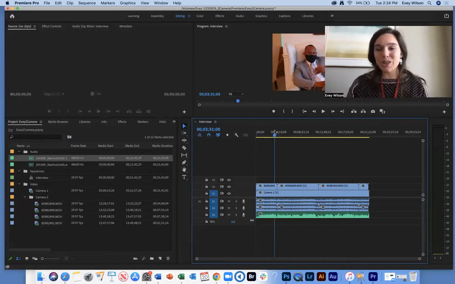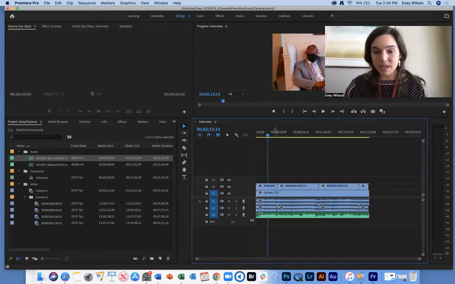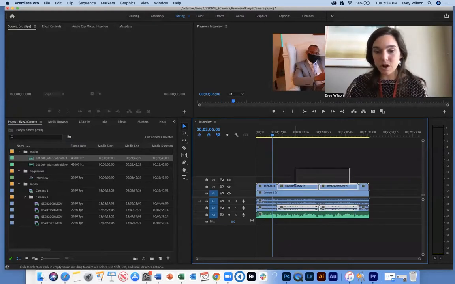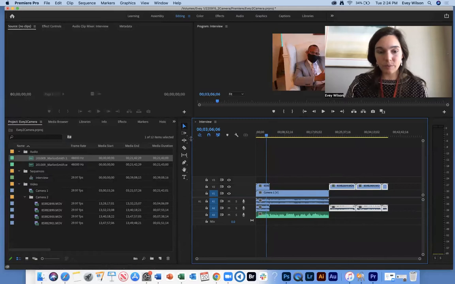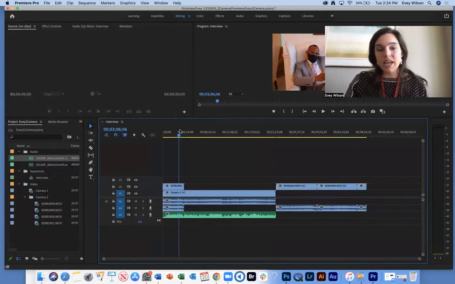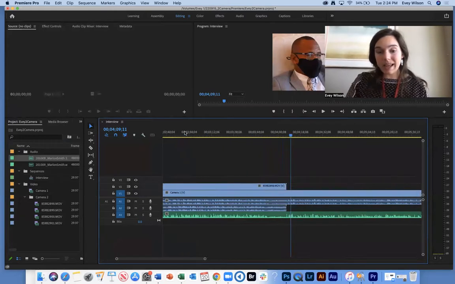And so the first thing we need to do is separate out the files that we want to sync so that they can have space to move to the right or left to be able to get those audio waveforms together at the right time. So these are all individual files, right? So if I just go ahead and move these over, I'm going to make this way bigger so you can kind of see. And then I am just going to use my plus key